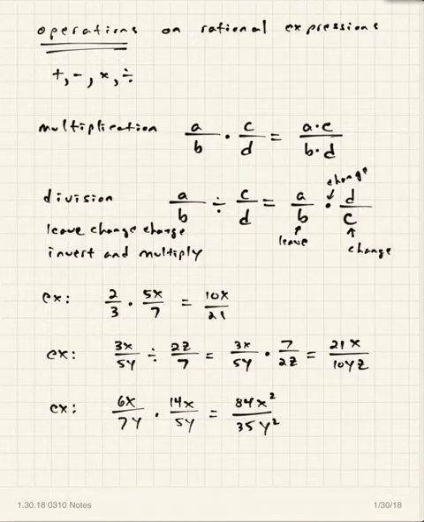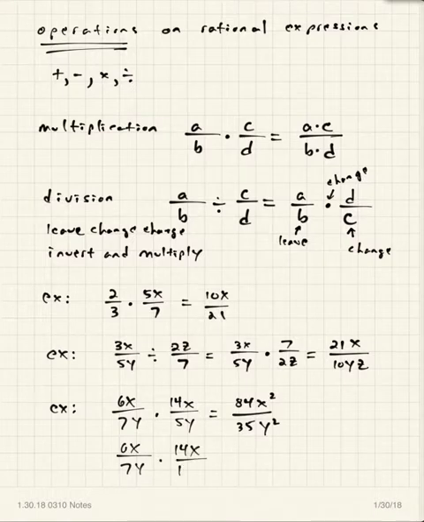Now, what might be hard to see at this point is that at the end, you might just leave that alone and say, okay, I'm done. But there's actually a common factor between the 84 and the 35 of 7. And that may not be easy to see with the 84 and the 35. But it was probably easier to see in the original problem. And so usually what we do in a multiplication or division problem where you've got some simplifying you could do at the beginning, we usually try to simplify it first because it may be hard to see how it simplifies at the end. So like in this problem, what I might have done first